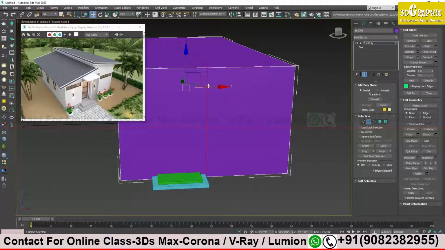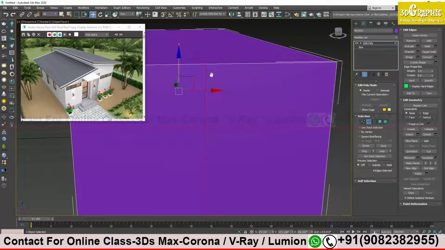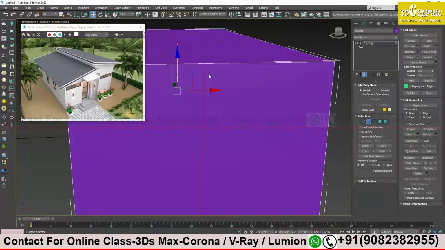So we have to create a duplicate of this edge. So we have an option called chamfer. One second, let me, yes, chamfer, right? I just have a doubt. Chamfer means you can create a duplicate. Hello? Yeah, I was telling that we have an option called chamfer.